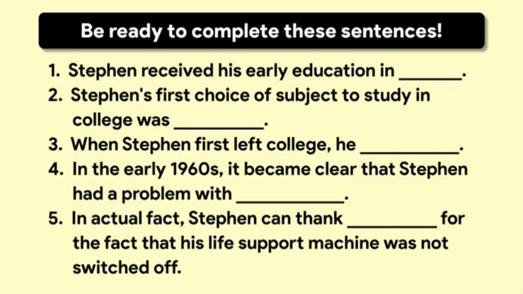And at the age of 11, Stephen went to St. Albans School, and then on to University College, Oxford, his father's old college. Stephen wanted to study mathematics, although his father's first choice would have been to see his son enter the medical profession. Stephen's original subject of choice was not available at University College, so he decided to go for physics instead. At the age of 20, after spending 3 years at university and not having done very much work, he was awarded a first-class honors degree, the highest grade you can get for an undergraduate degree.